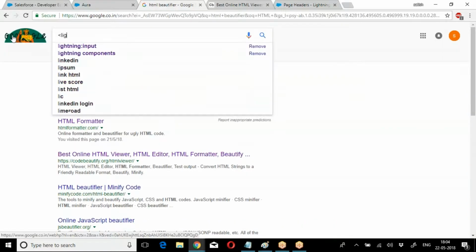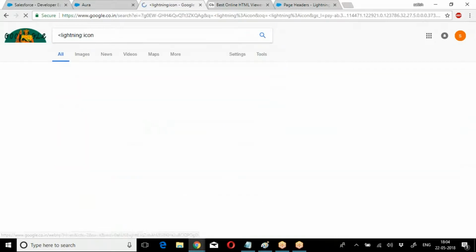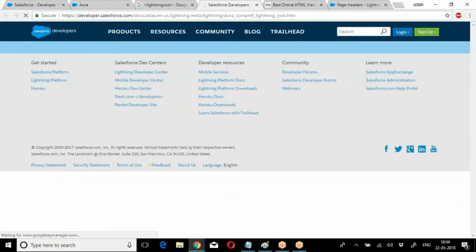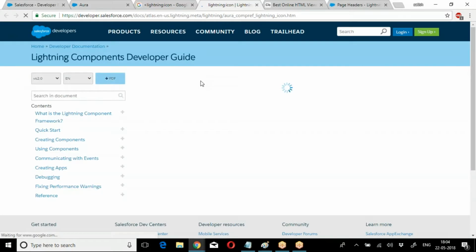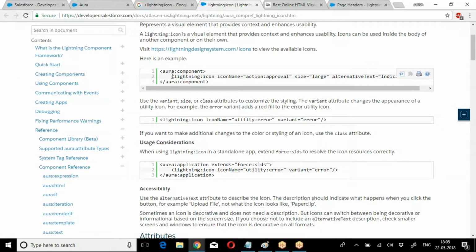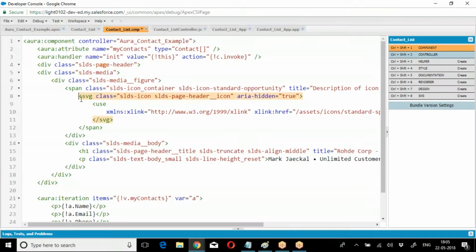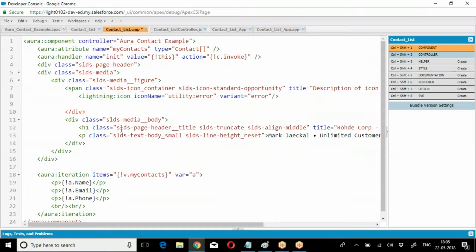Again, there is an attribute called lightning icon using which we can go for it. So how this icon will be created? Lightning component. So what should I do? I have to remove this SVG because it's not going to support. The source is not supported by my organization. So what I did? I removed this SVG, creating